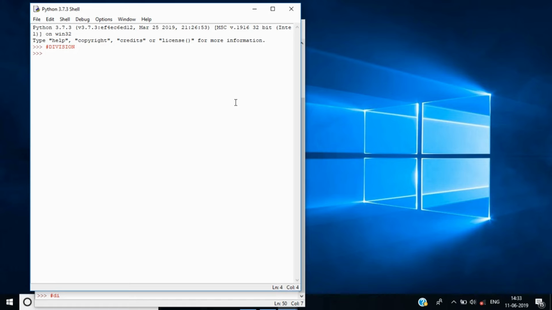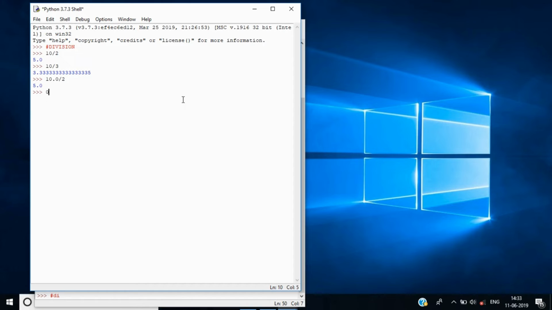Keep that in mind. Let's just say 10 by 2, the result is 5, but since it's a float, we'll get the result as 5.0. What if I say 10 by 3, it's 3.3333, so fully the result is a float. If I say 10.0 by 2, again of course it will be a float. So division, the result is always a float, no matter what.